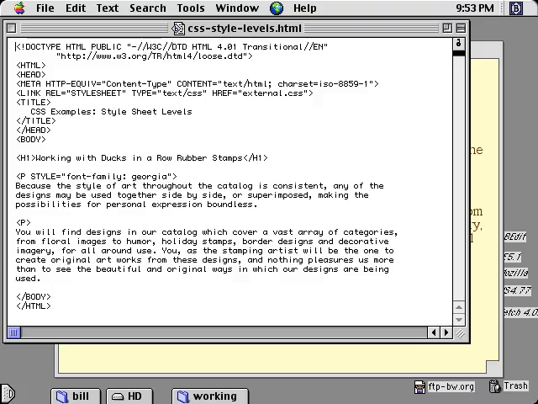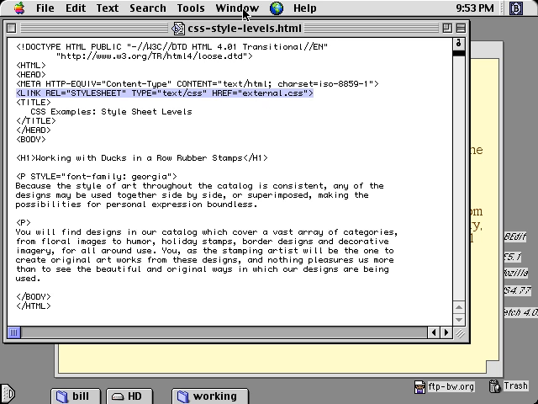There are basically three different ways to add style sheets to your documents. And each of these has a different level, a different priority, a level of inheritance. The highest level is with the link tag. And using the link tag, you're referring to an external CSS style sheet with an href attribute and the file